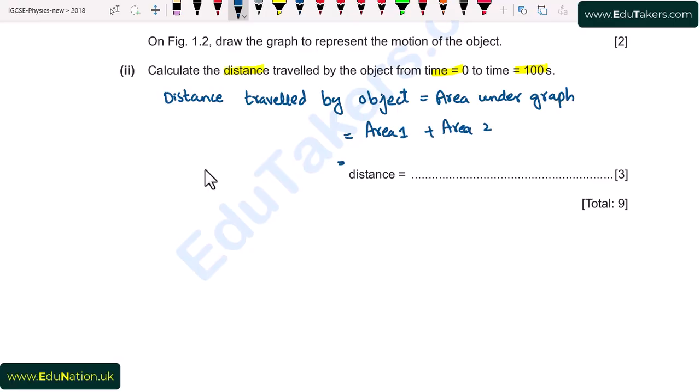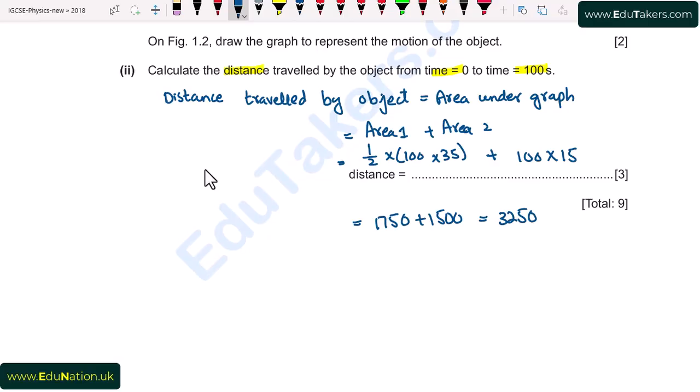Area 1 is basically a triangle, and it is equal to 1 over 2 multiplied by 100 and 35, plus area 2 is 100 multiplied by 15. So it comes to be 1750 plus 1500, which is equal to